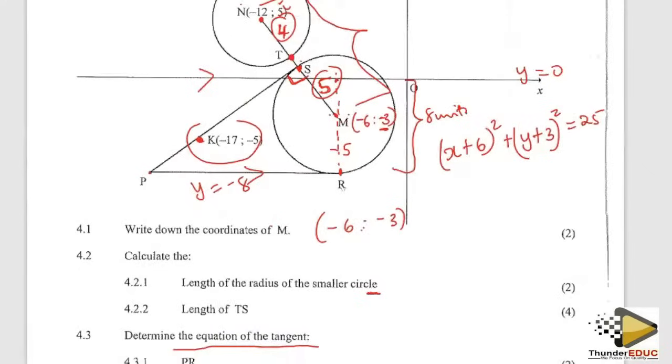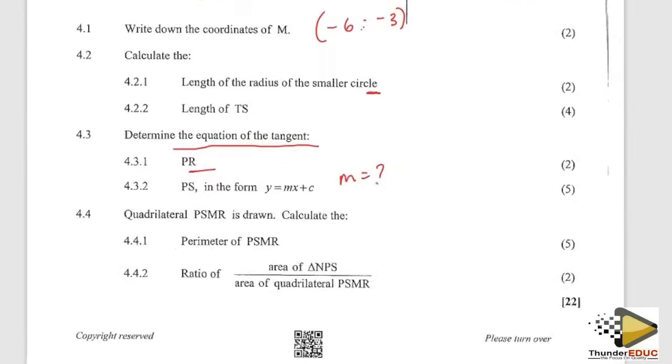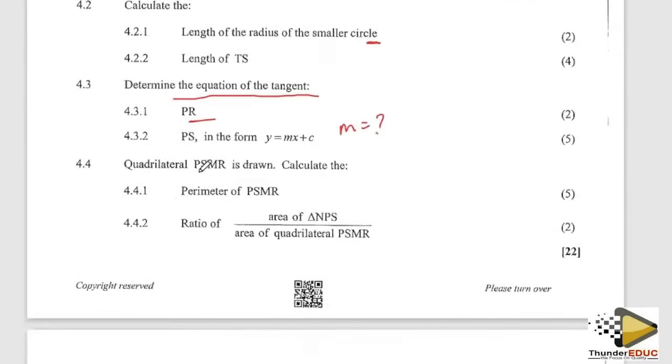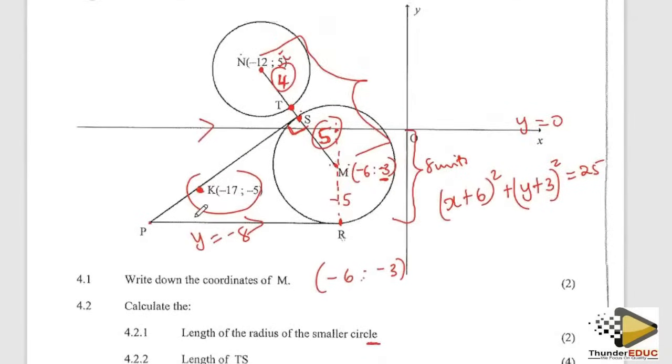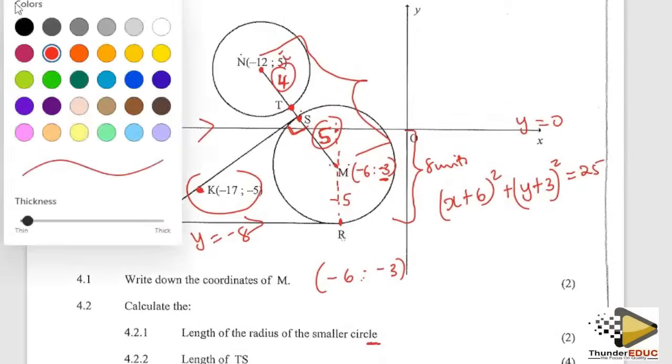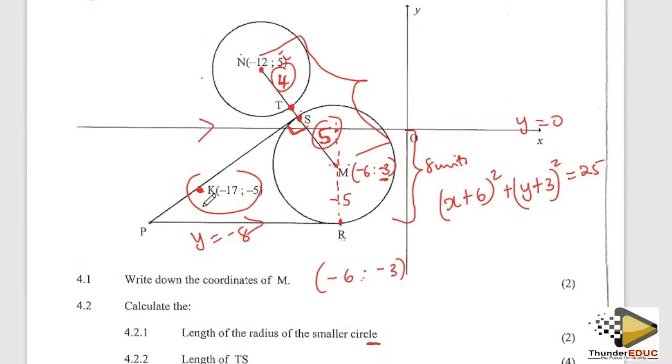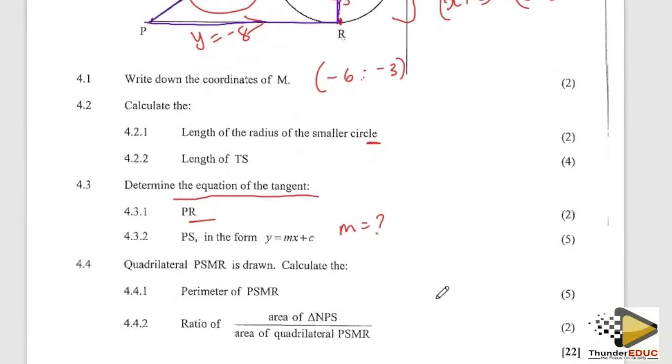Then 4.4. They're telling us that the quadrilateral PSMR, this is interesting. Let's see. PSMR. Okay. This is the quadrilateral that they're focusing on. Then they want us to find, is it the perimeter? Yes, the perimeter of